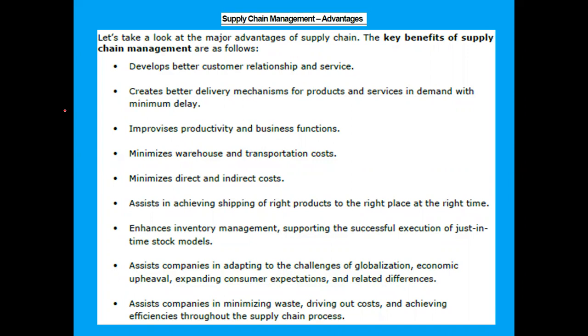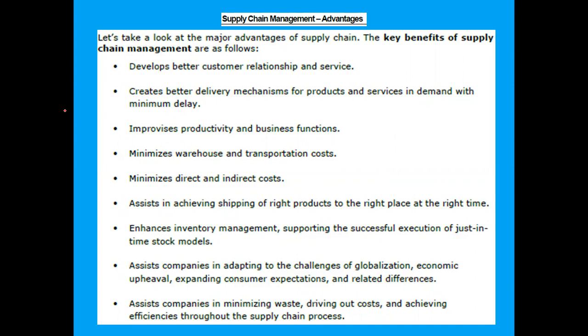If you minimize the warehouses, we can save the shop rent, and minimize the transportation cost also, minimize direct and indirect cost. Wherever the cost is necessary, and wherever the cost is not necessary also, we have to plan. Next, assists in achieving shipping of right products to the right place at the right time. So definitely it will help the workers to do the job accordingly. Next,